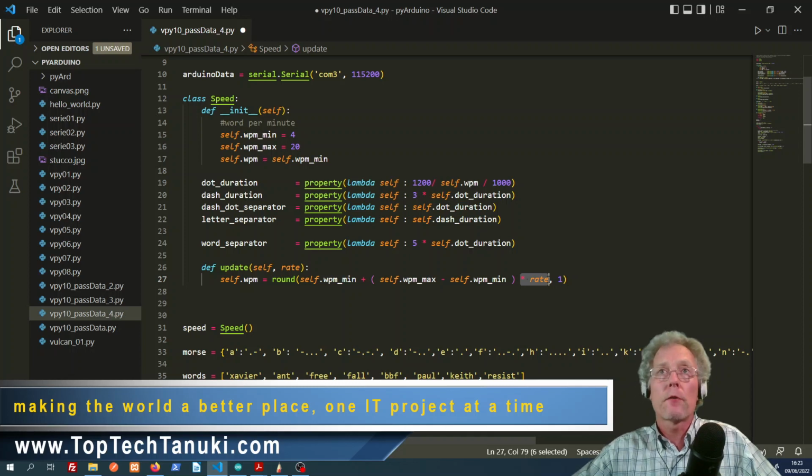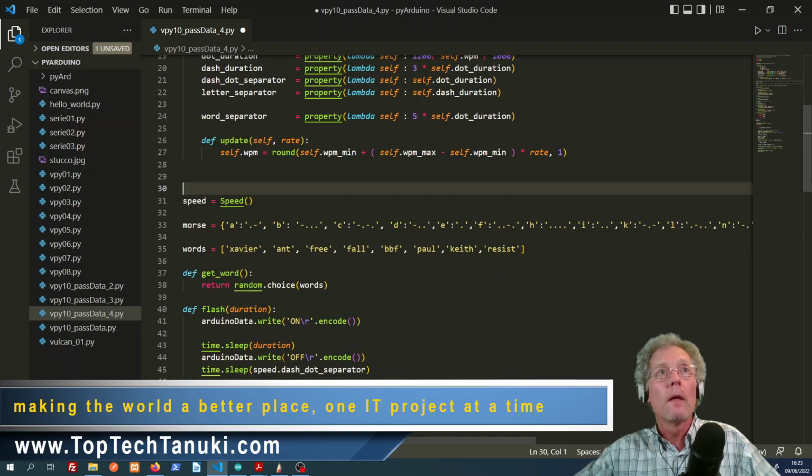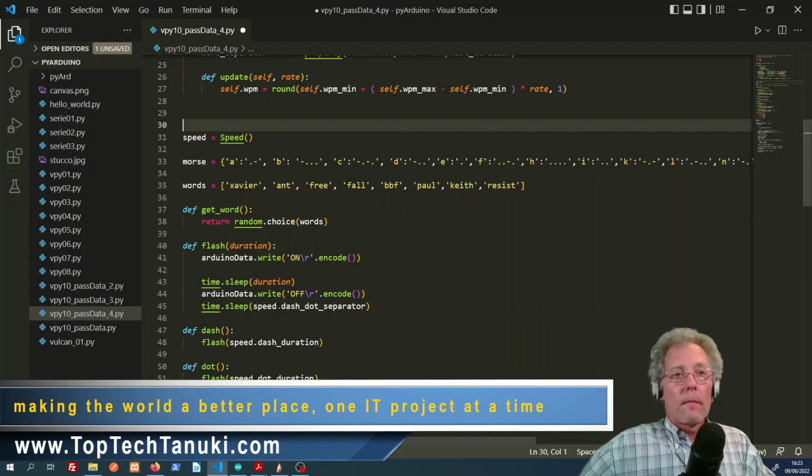And this will give us something between the minimum and the maximum words per minute. Okay, we don't need excessive precision though, so we round at 1 decimal. Okay, for this calculation, I hope it makes sense. If not, you can watch the video again at a slow speed